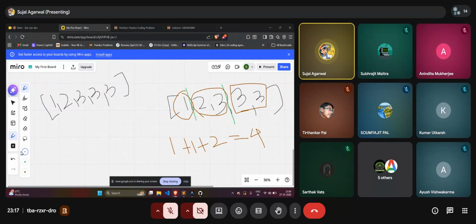सो अगर ये वाला एरे वापस ले आए, तो लेट्स सेय वी स्प्लिट इट लाइक दिस। यहाँ पर एक सब एरे हो गया एंड दिस इज अनदर सब एरे। इसके लिए अगर जी वाला वैल्यू कैलकुलेट करूँ तो वो वन होगा, क्योंकि सब एक ही बार आए हैं। इसके लिए जी वाला वैल्यू कैलकुलेट करूँ तो वो टू होगा ना, क्योंकि थ्री दो बार आया है, बाकी कुछ है नहीं।